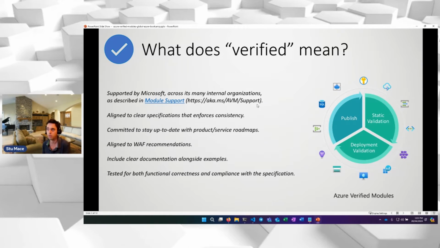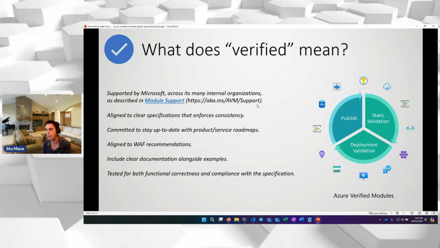Microsoft have committed to keep these resources up to date with product and service roadmaps, and to that aim, every single AVM is led and managed by a full-time employee.